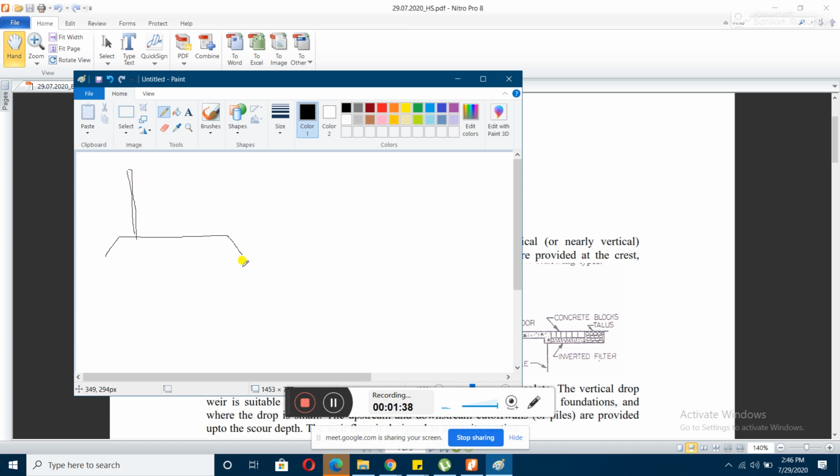The crest here is low for barrage, okay, and for your weir, what happens, the crest is high enough, okay, and above it shutters are placed. The shutter height is quite small with respect to your crest height. So here the water level is up to this. So generally the